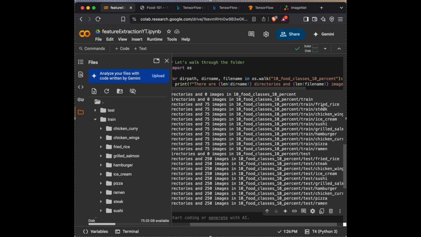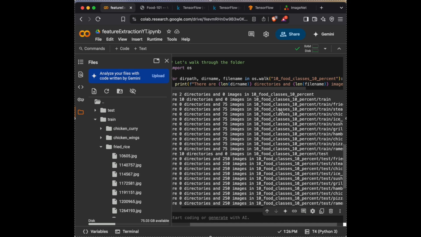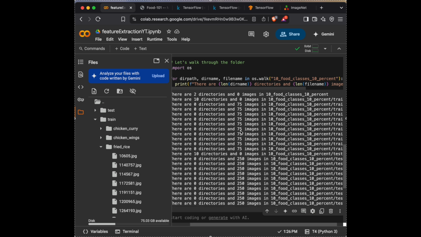Now if you go to the fried rice inside the train, if I open fried rice inside the train here, it says that there are 0 directories, there are no folders inside fried rice, and there are 75 images. So you can see they have these files. There are 75 files inside the fried rice. So you can see that it goes the same for all the other directories inside the train. We have 75 images for all of them. So I can close it. Inside this train, all the folders in here have 75 images inside them. So we have 75 images of pizza, of ice cream, of hamburger, of grilled salmon